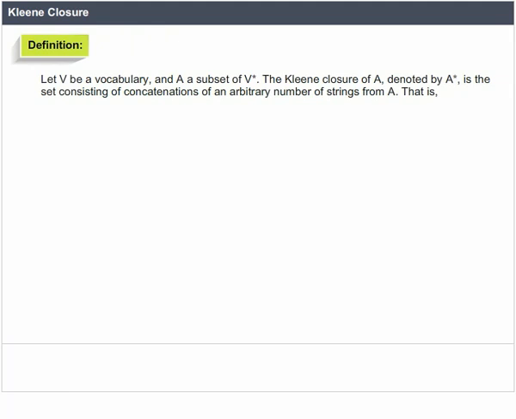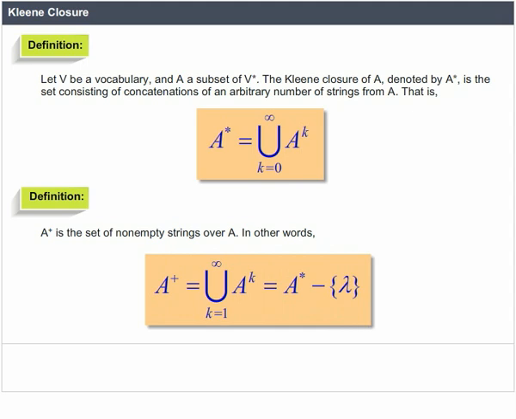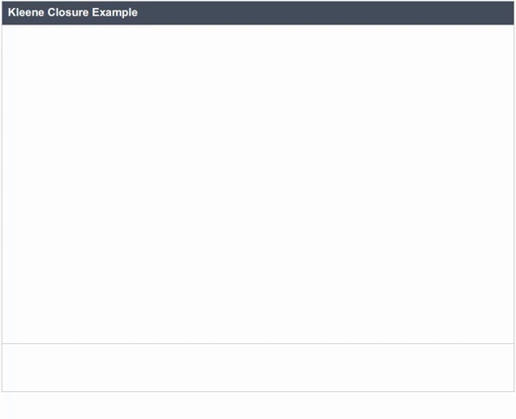The Kleene closure of A, denoted by A star, is a set consisting of concatenations of an arbitrary number of strings from A, that is, A star equals the union for k equals 0 to infinity of A to the power k. Definition: A plus is the set of non-empty strings over A. In other words, A plus equals the union for k equals 1 to infinity of A to the power k, which equals A star minus lambda. Example: let A equal {0, 1}, then A to the power 0 equals {lambda},